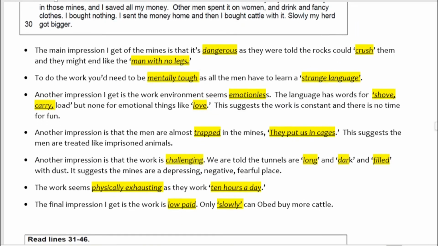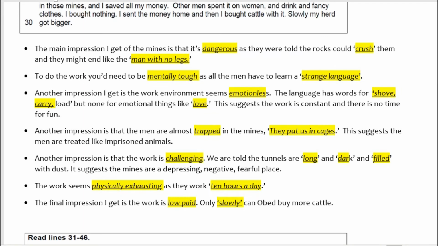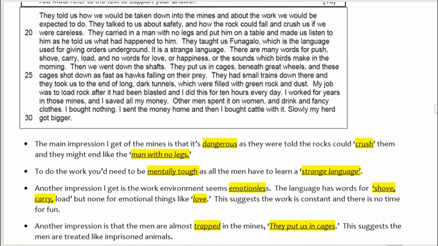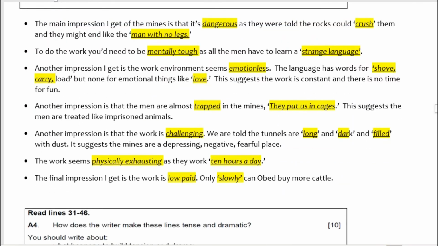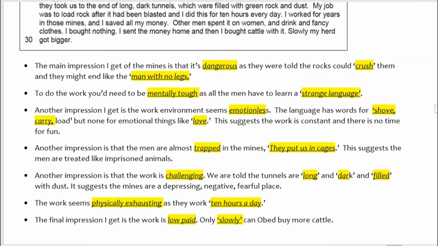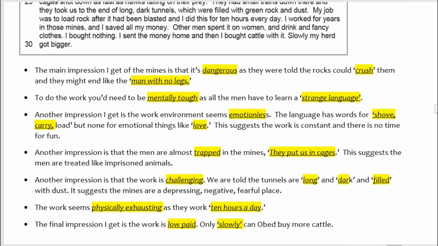So again, it's a 10-mark question. How many quotes have I got? Remember, the quotes are in the speech marks, okay? What I've highlighted and underlined are my impression and my quote. So we've got 1, 2, 3, 4, 5, 6, 7, 8, 9, 10, 11. So I've got 11 quotes in a 10-mark question. That's really good. For each of the quotes, I've explained what impression that gives me